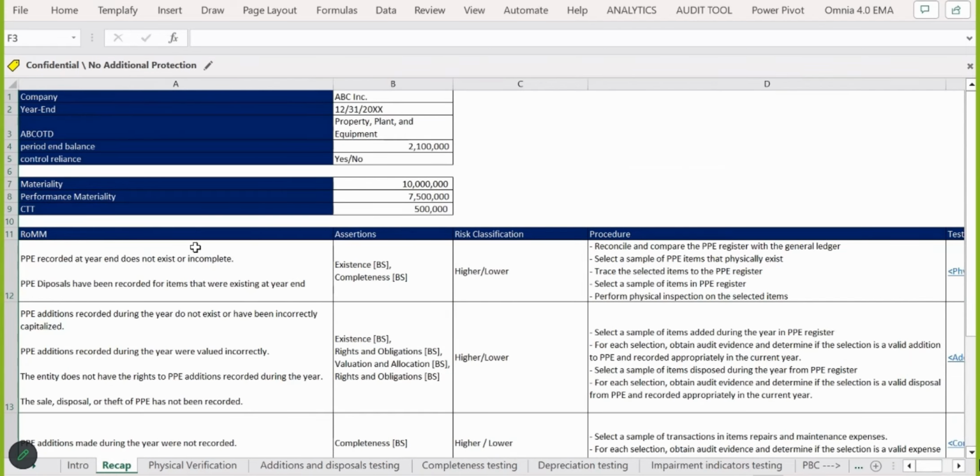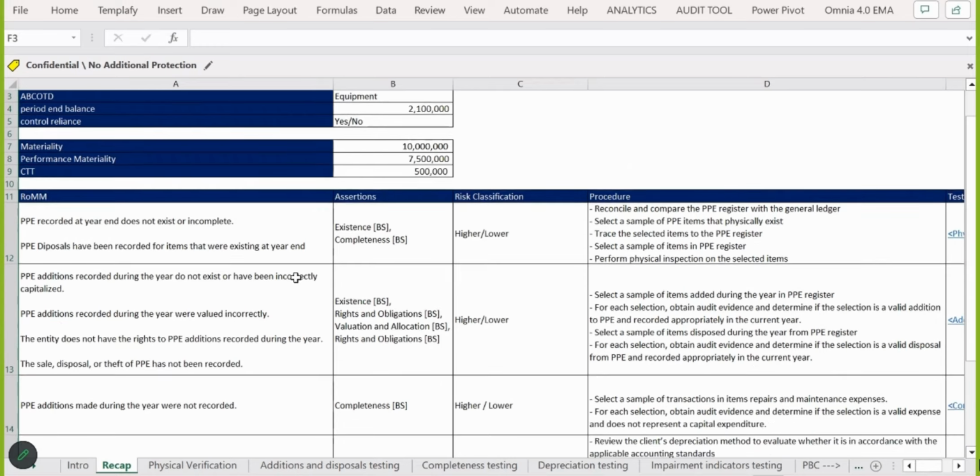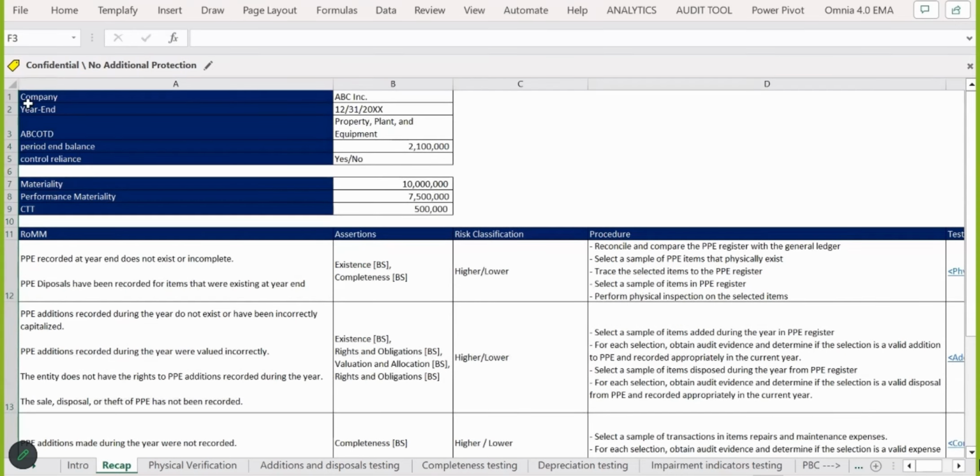So whenever they open this working paper for the first time, they don't need to go to the details of each tab. They just look here and they will figure out what you have done here and what conclusions you have reached. So let's now look at the risks that you identified, but before moving to the risks, just to emphasize again,